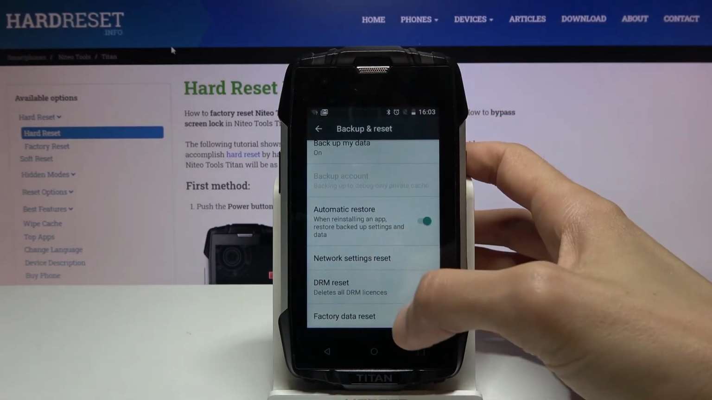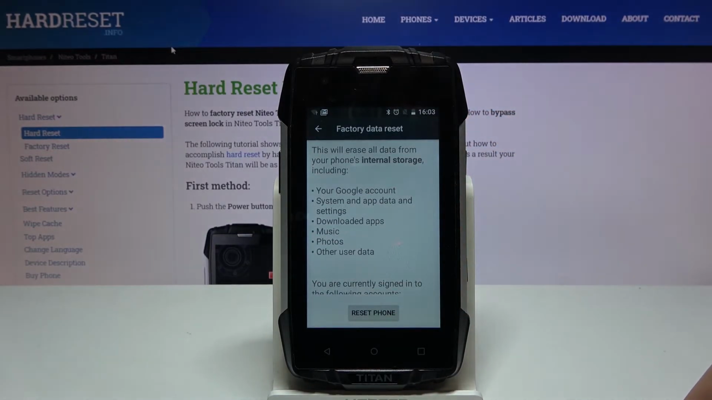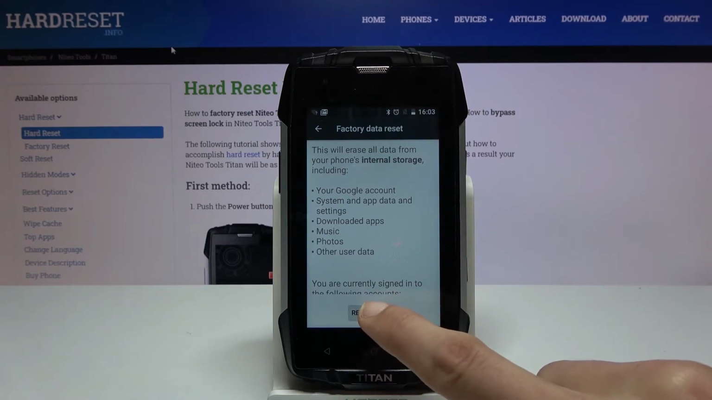You can scroll down and you should see factory data reset. Tap on it. It will give you a message that performing this will remove your Google account, system app data and settings, downloaded apps, music, photos and other user data. So in other words, it removes everything that you have uploaded to the device after the setup. And if there's anything that you would like to keep, you might want to back it up before, otherwise you will lose it permanently. But assuming you already have done it or you don't want to, tap on reset phone,